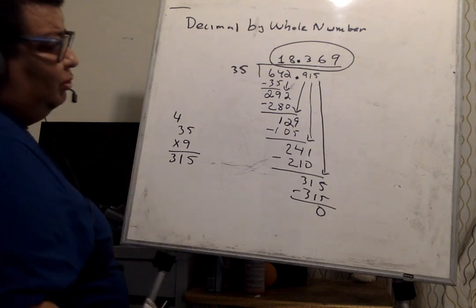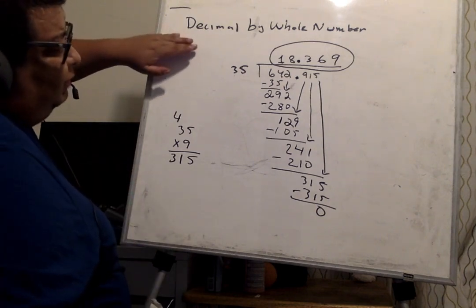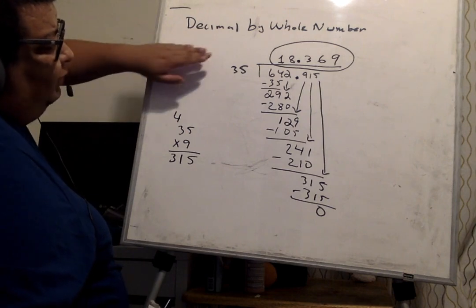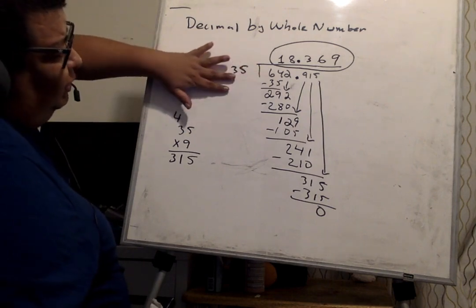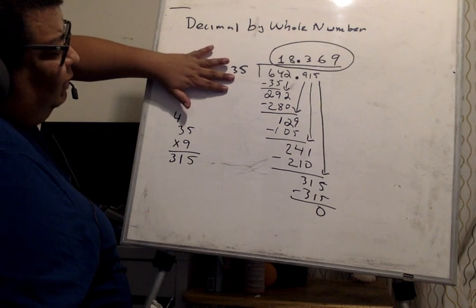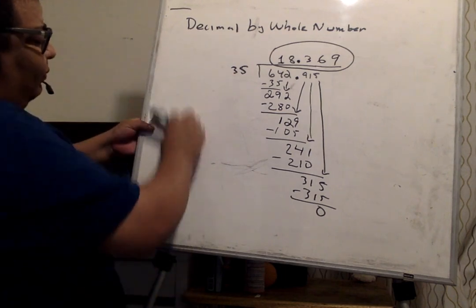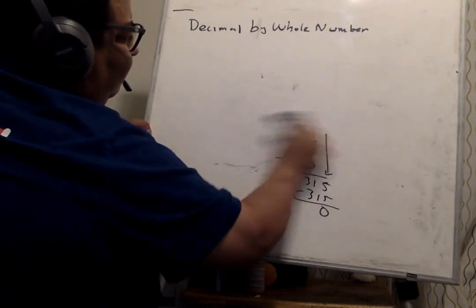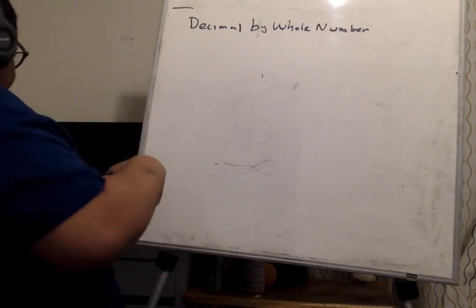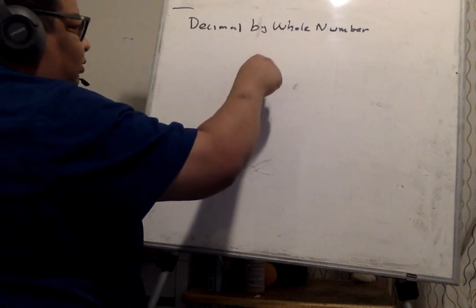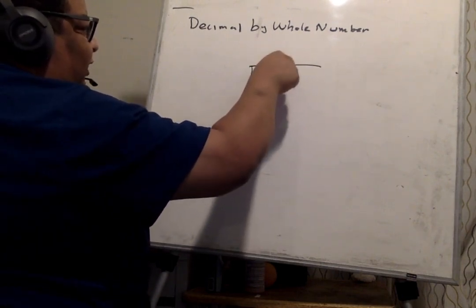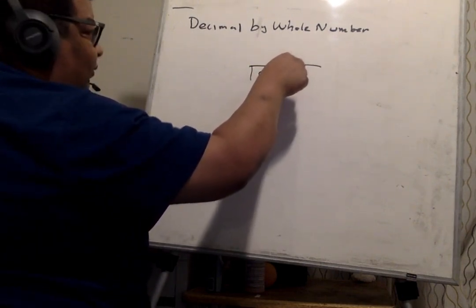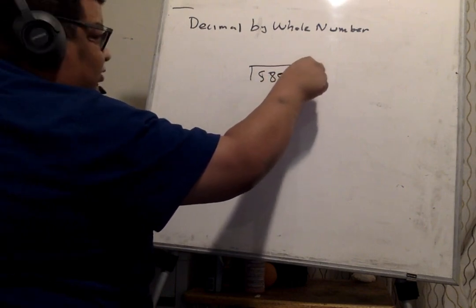So that's how you do decimals divided by a whole number, whenever the dividend is greater than the divisor. Let's do one more. So in this case, we're gonna do 589.71